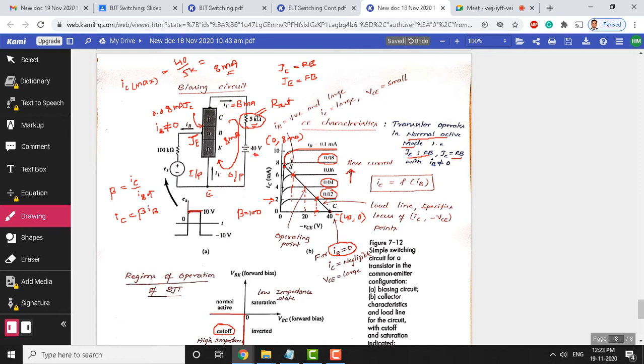The 40 volts will drop across the external resistance, and the voltage drop across collector and emitter is going to be 0. That means the device is allowing the current to flow through completely. It is not offering any resistance across the collector-base junction and the base-emitter junction. The complete current is passed through the transistor, so there is no resistance, and therefore the device behaves like a short circuit. Under that condition, 8 milliampere current flows in this loop, and you get 40 volts drop across the 5 kilo ohm. So that's about the saturation mode.